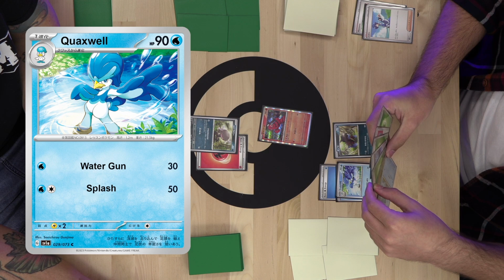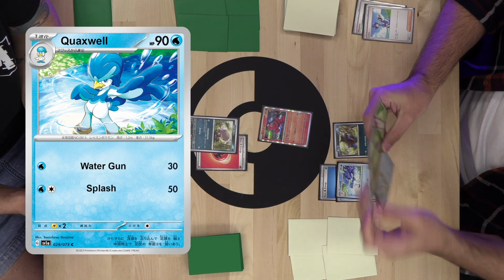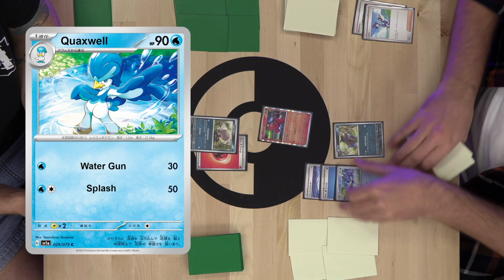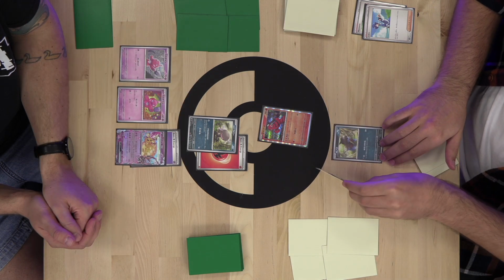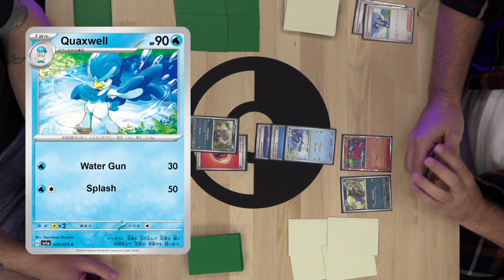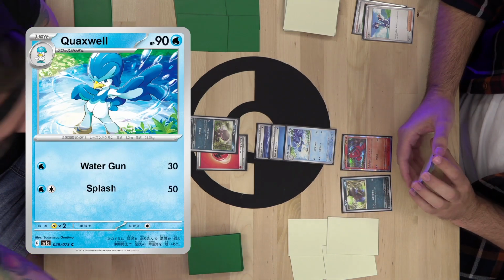I think I can easily just start putting pressure on you, so I'll attach the Jet Energy to my Quaxwell, which when I attach it to my bench Pokemon, I can switch it with my active. And I will use Splash for 50. Oh my gosh, that is...